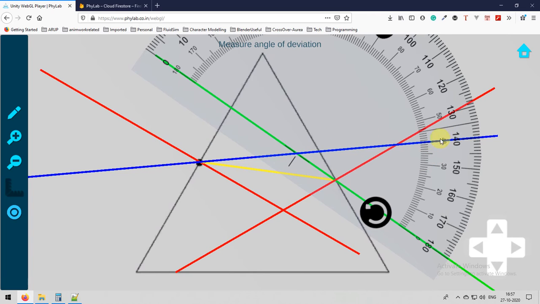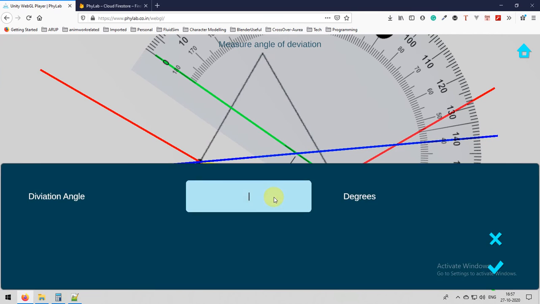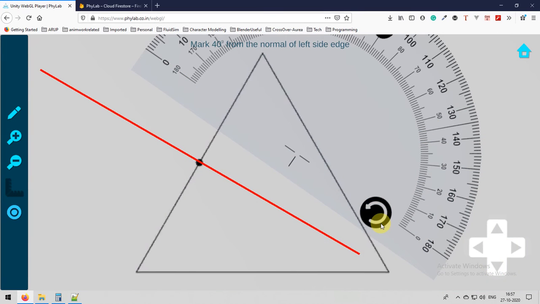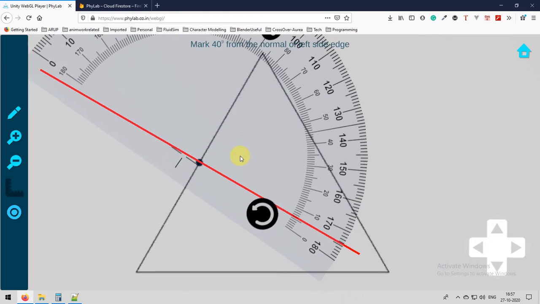The blue line is our incident ray and the green line is our emergent ray. Click on the observation button and submit the deviation, that is 40 degrees.